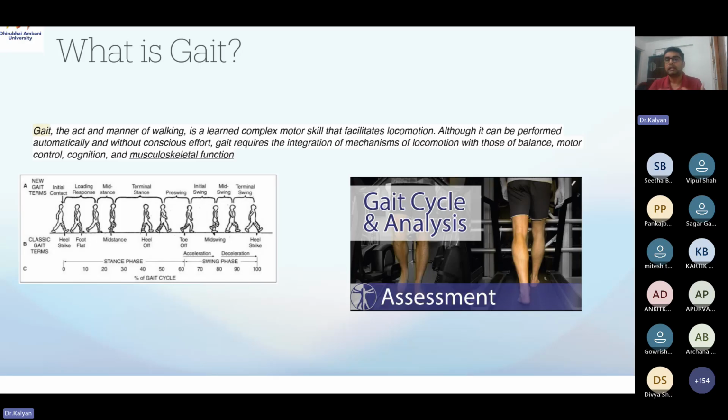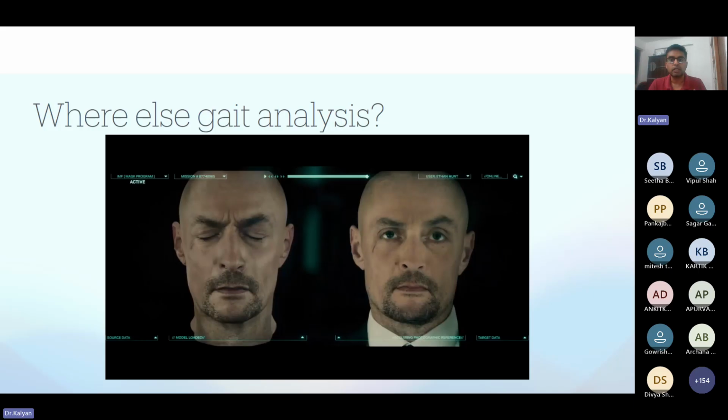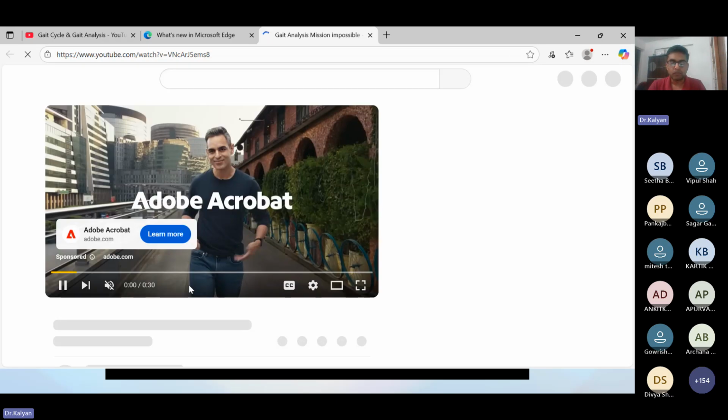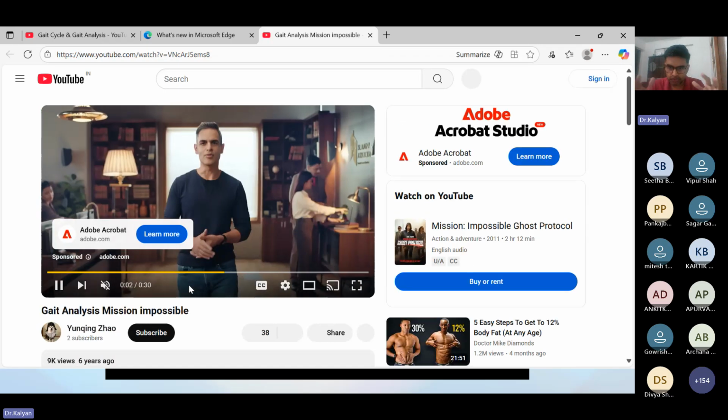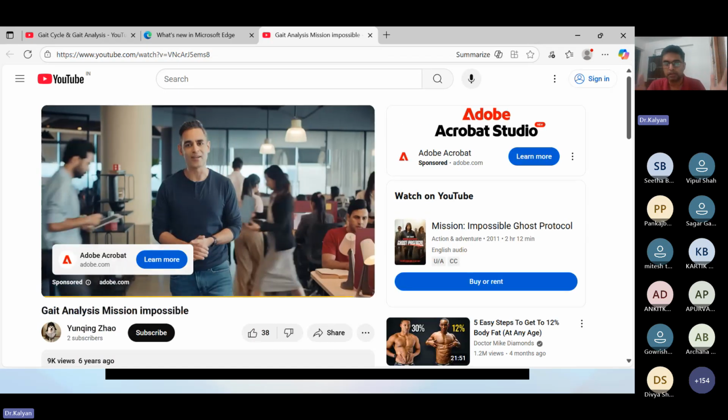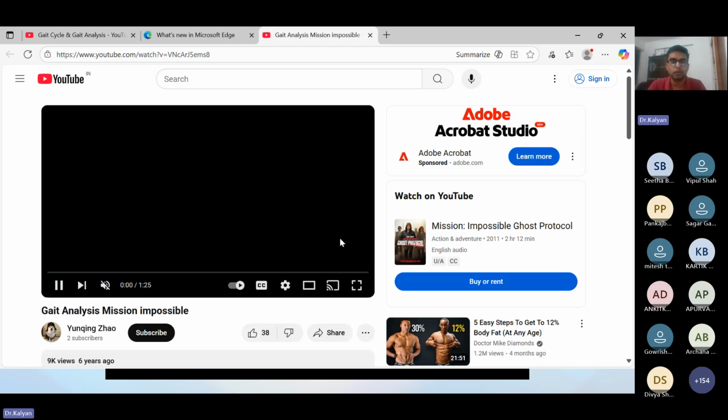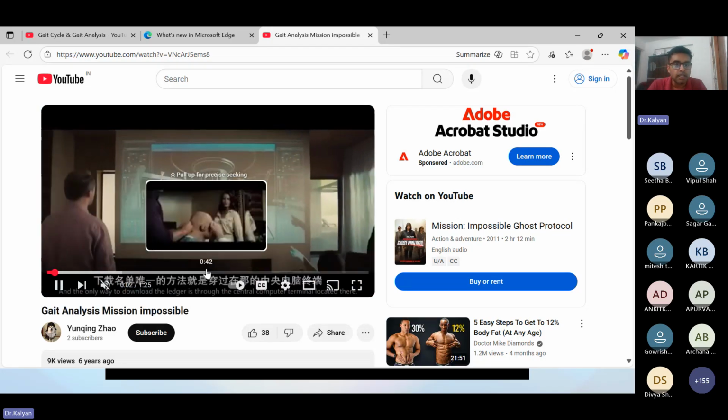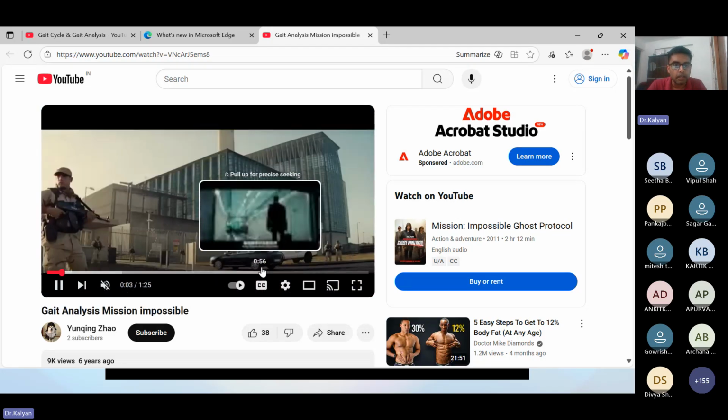So that is the whole idea of understanding walking patterns in people using some systems. So traditionally, and there's one more interesting example, I'll quickly forward this also. Many of you must have watched the Mission Impossible movies, all the parts. I don't know which part this particular movie is from, but if you see